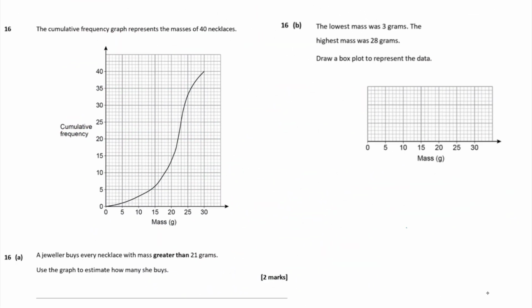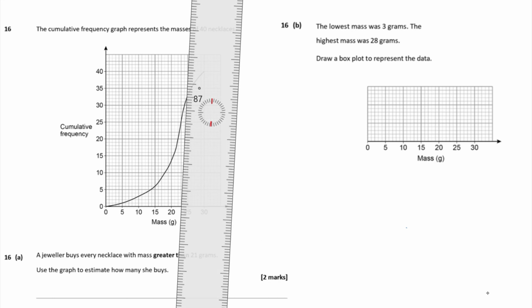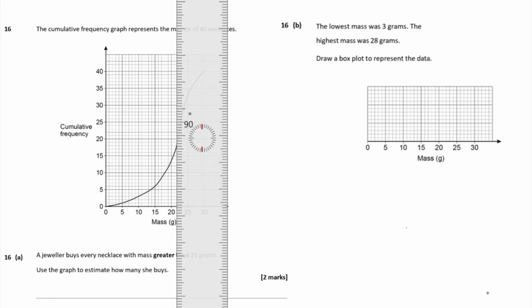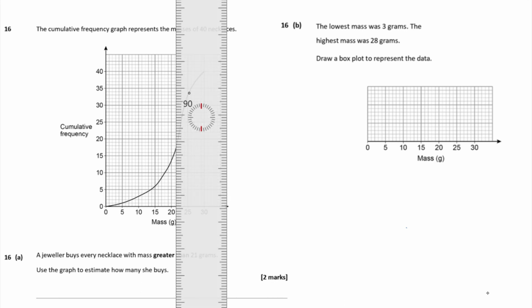Question 16. The cumulative frequency graph represents the masses of 40 necklaces. Part A says a jeweler buys every necklace with a mass greater than 21 grams. Use the graph to estimate how many he buys. Okay, well, to do that, we're going to have to get our ruler out and find 21 on our mass axis. Going to read up to the graph,